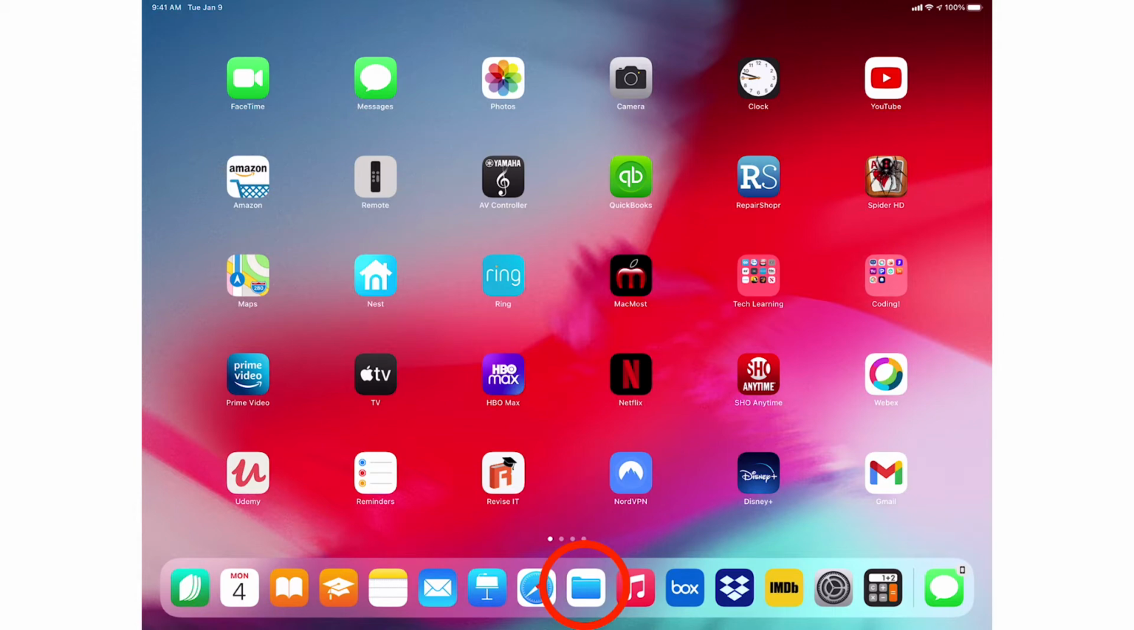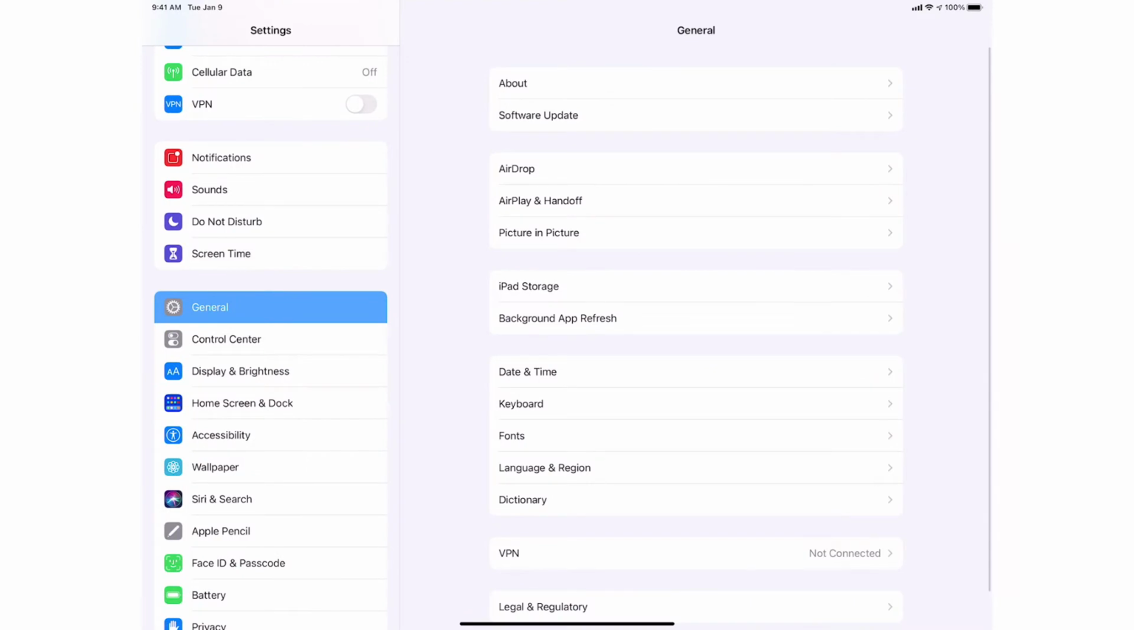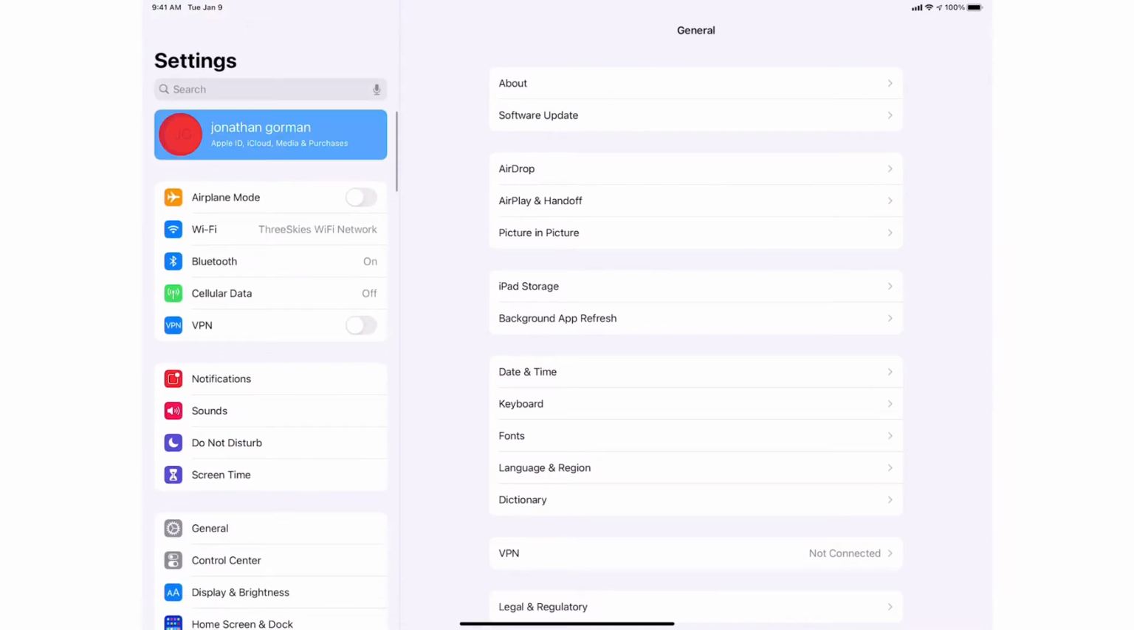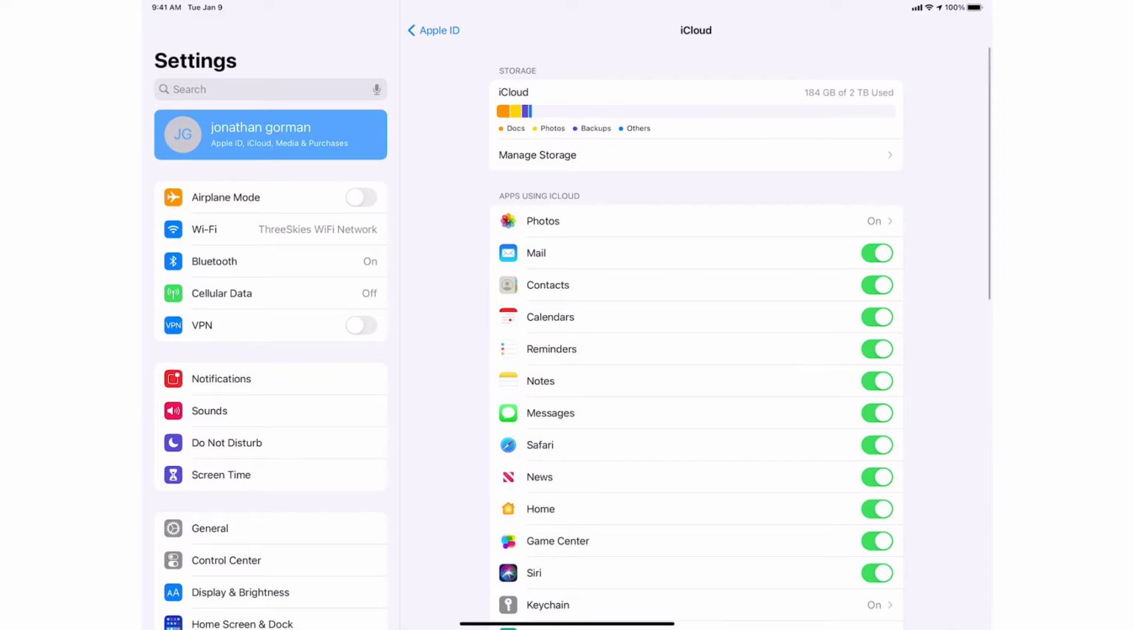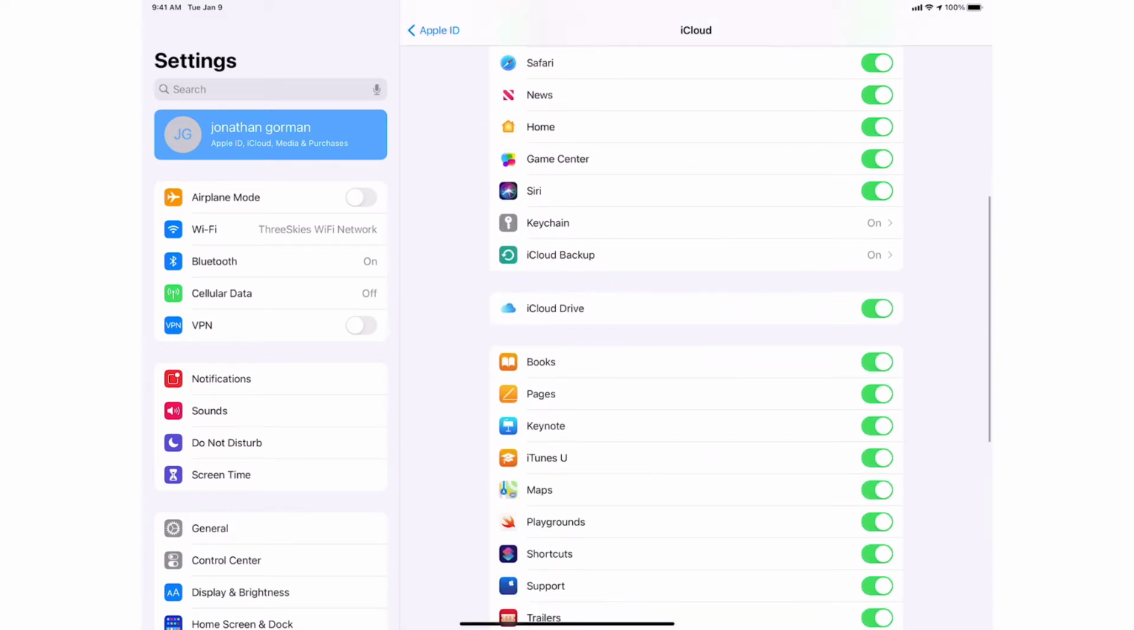The concept of the Files app, which is this little guy down here at the bottom, is that it's going to give you access to items that are inside of your iCloud Drive. Now, in order to get this to work, the first thing that you'll need to do is go to Settings. At the top of Settings, you'll tap on your name, go to your iCloud, and then make sure that iCloud